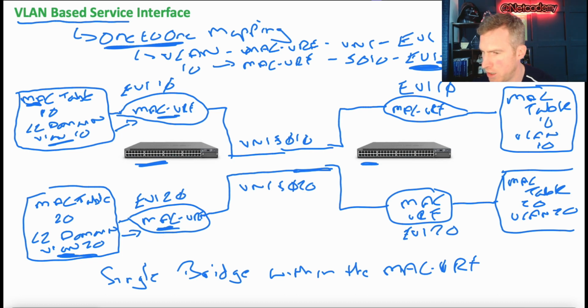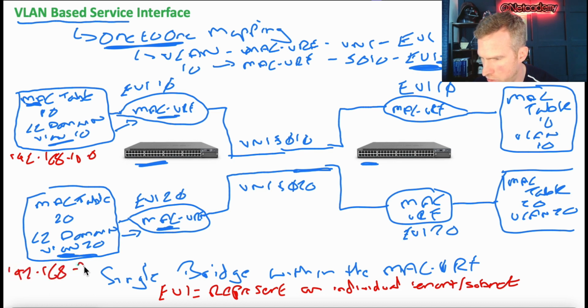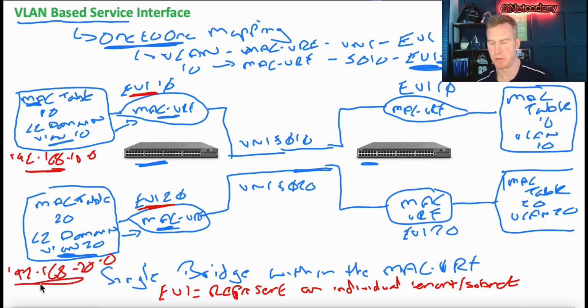And so what we can also take away is that the EVI, because it is a one-to-one mapping, will represent an individual tenant or an individual subnet. This might be for VLAN 10, this could be 192.168.10.0/whatever, and this could be 192.168.20.0, and that EVI for 20 and EVI for 10 will individually represent those individual subnets, because everything's done on a one-to-one basis. But you also have to remember what goes into these update messages that are going throughout